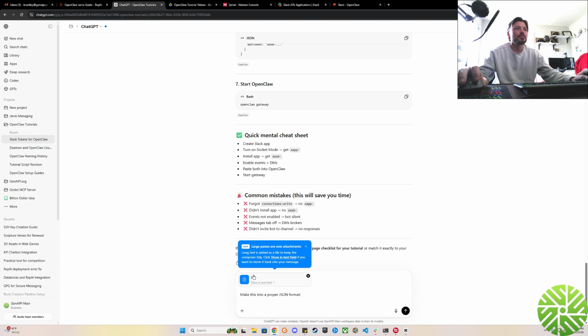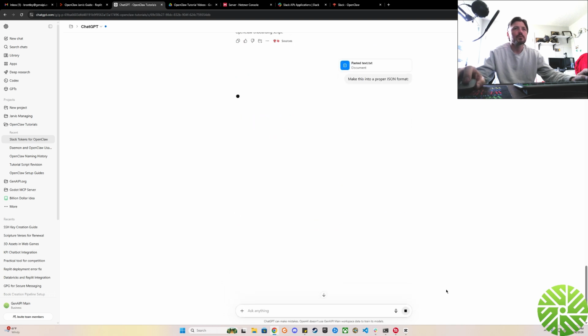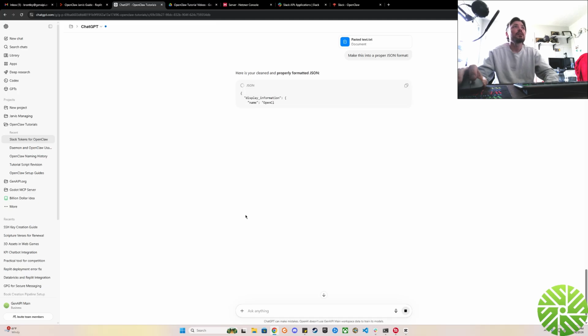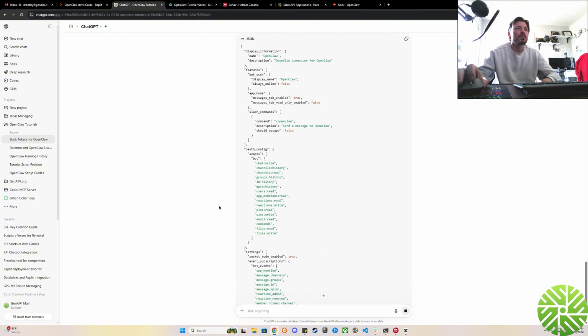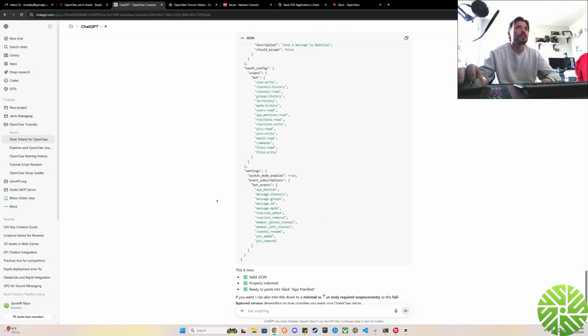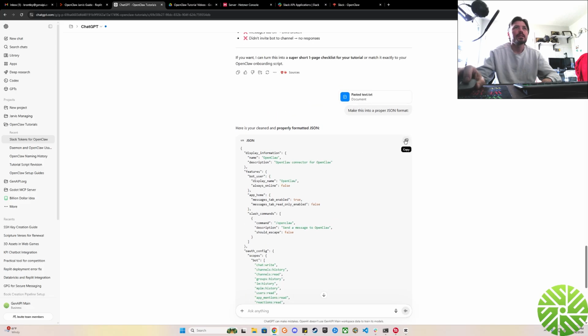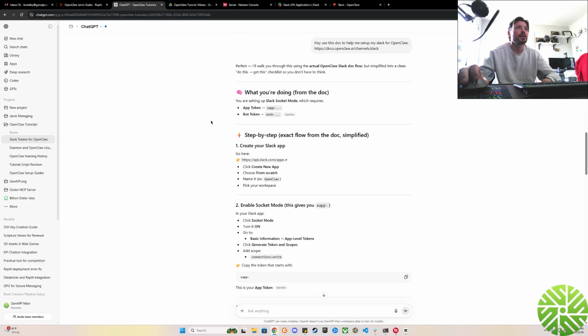I'm going to paste that in here. And so, yep, pasted it in there, what we just copied from the command. And now it's going to clean it up for us. ChatGPT will. It's going to use all the data in there. It's going to put it in a proper JSON format. And now we can copy this. It doesn't work the other way. If you copy it from there and just try to go where we're going to go next, it's not going to work. So we have to go to, what did the tutorial say? It said we had to go to